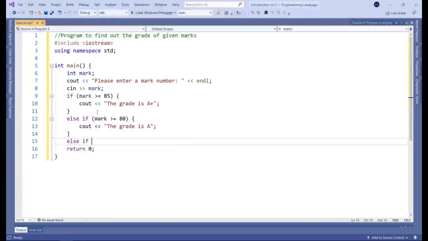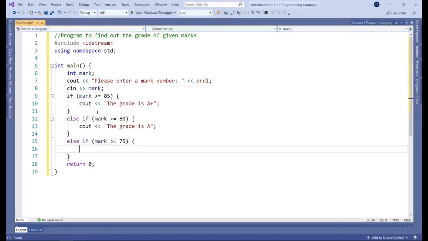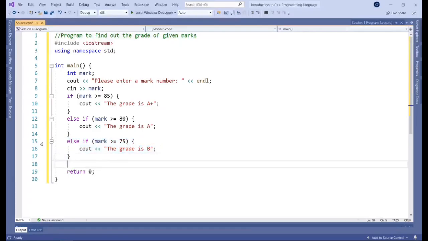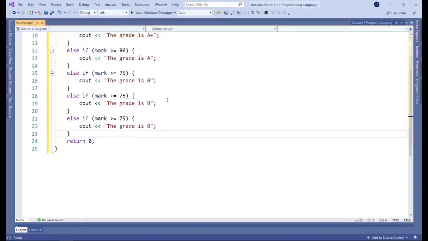And then otherwise, if mark is higher or equal to 75, output grade is B. And that's getting a bit boring, so let's just copy paste that through. Okay, so we can get there a bit faster. That's D. And then for the last one, we don't really need to check anything.